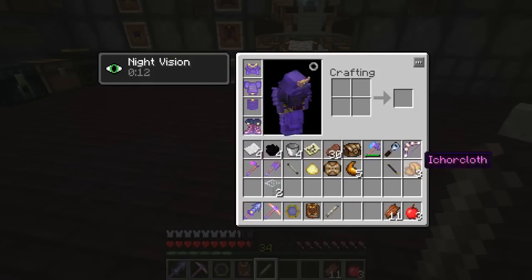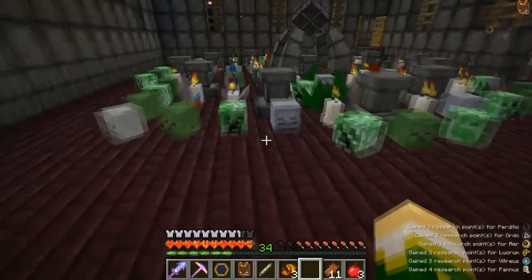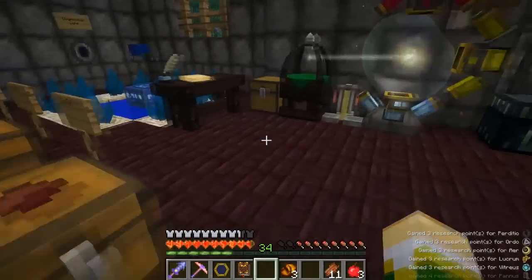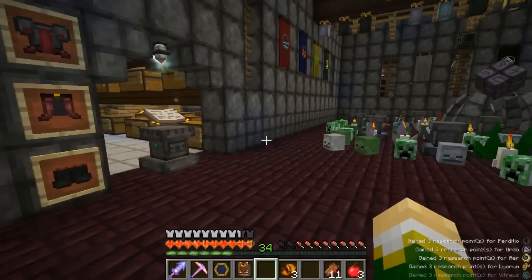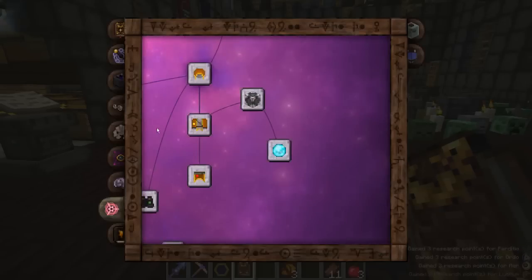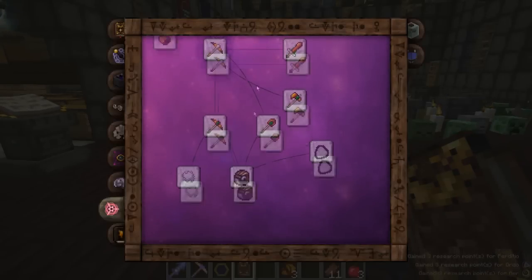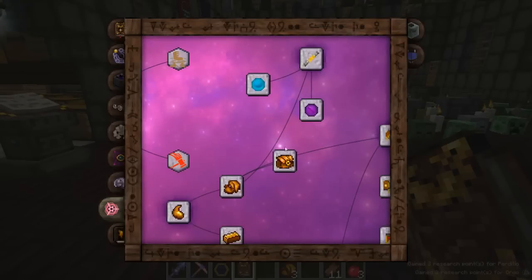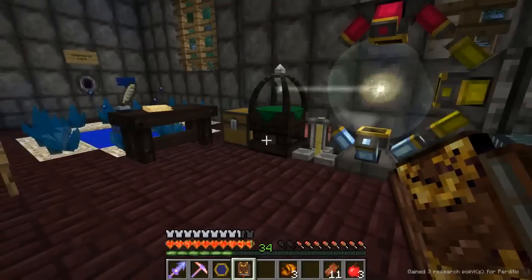I don't think I scanned the Ichor cloth. I didn't. Not that scanning it really matters too much anymore. I have pretty much all the research done with the exception of a few things under the Eldritch tab. And I know there's nothing else left in Kami to unlock, unless they've added something to it. But this hasn't been updated for a while, so...